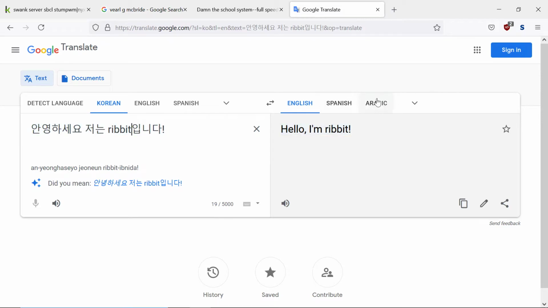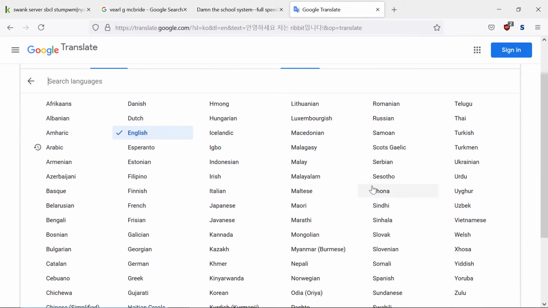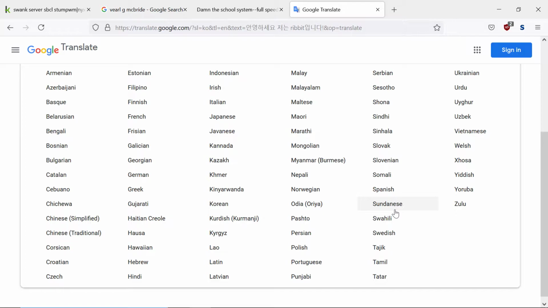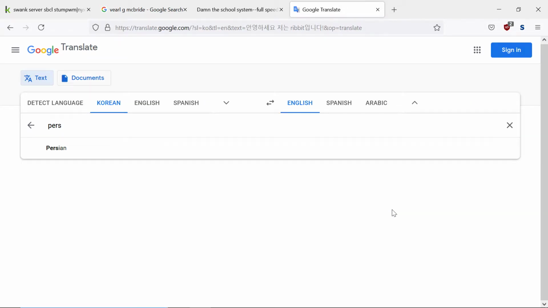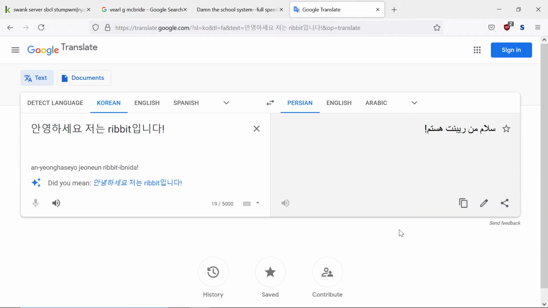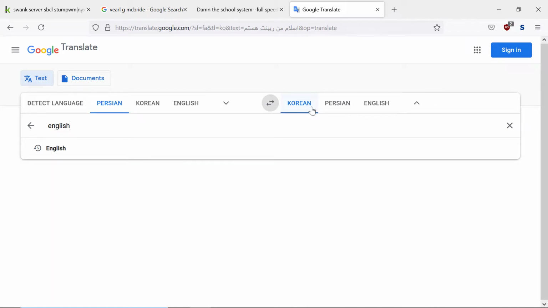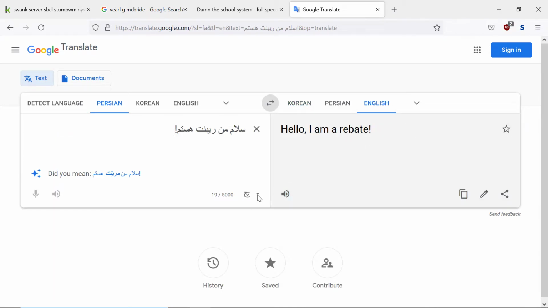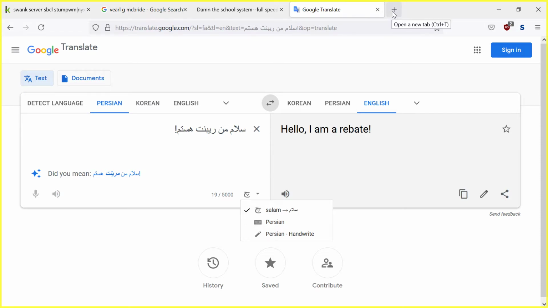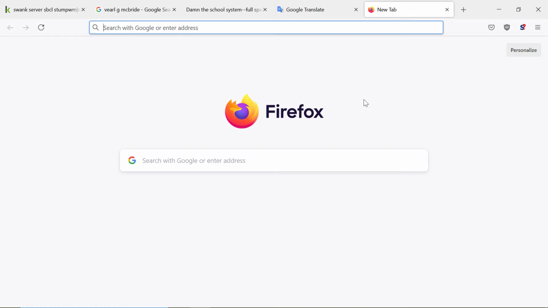Now, at the time, they had Arabic here, but they didn't have Persian. So the language I was kind of playing with was Persian. If I come over here and just start typing Persian, they have it here now, let's say. And if I swap and then put this into English, and then this keyboard right here, see? They have it now, but they used to not. And you can come over here too. But they used to have this other tool when they didn't have Persian over here, right? And I guess you could come over here and try to draw in Korean too. I probably can't draw in Persian, but